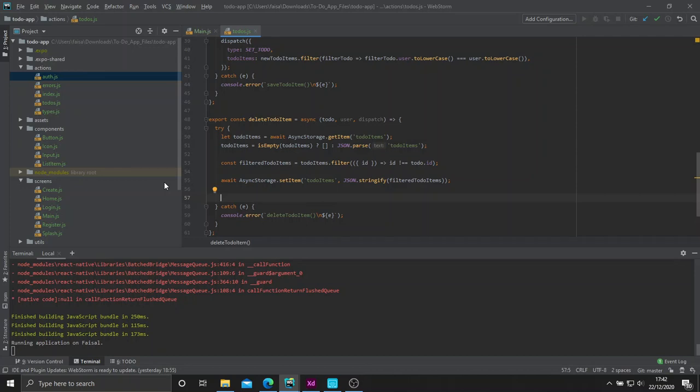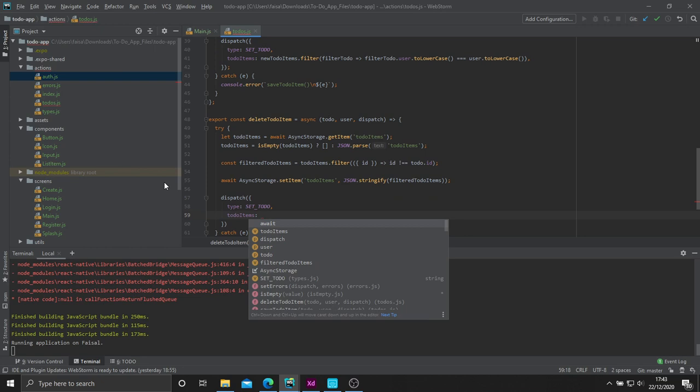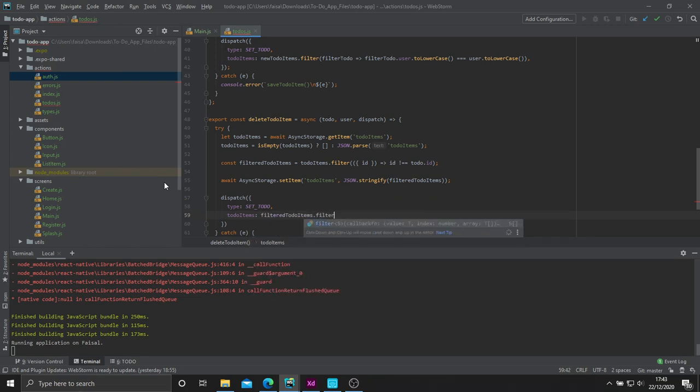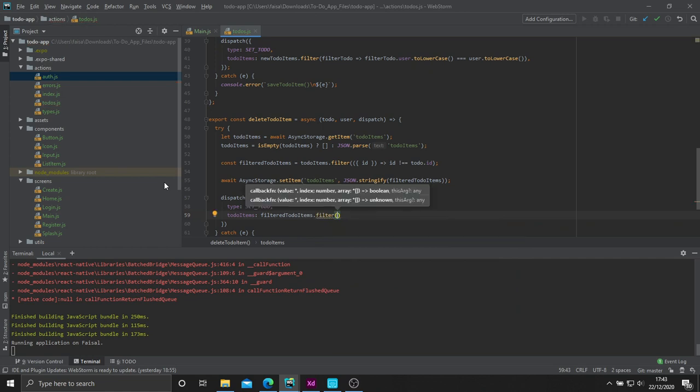And we'll go ahead and do a dispatch, and we'll say type set to do, and our to do items will be filtered to do items dot filter again. So this time we're filtering it to return the current logged in user's to dos. So filter to do,